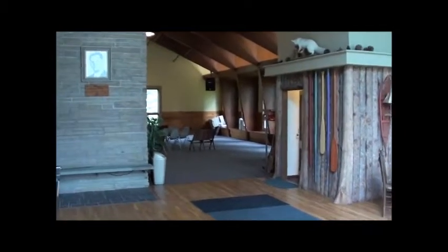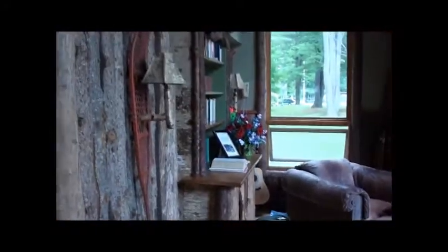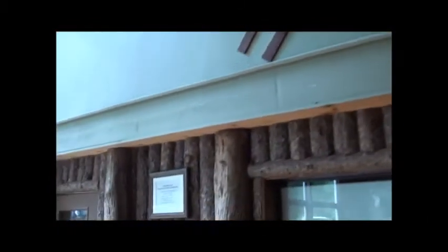As you come into the lodge here, you open up to a lounge area, nice place to chill out, and you see a lot of the old Adirondack type furniture here, makes it kind of neat, and even some stuffed animals. One thing I think is neat, this is the offices for the camp, and they have here on the wall